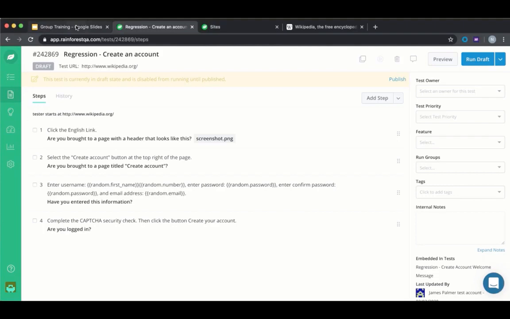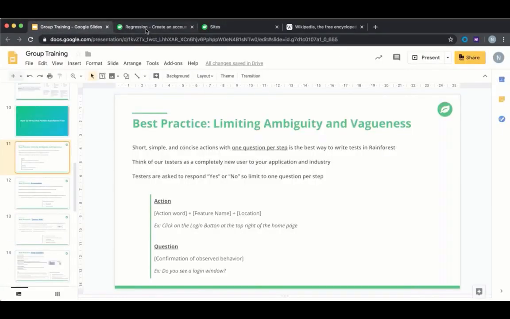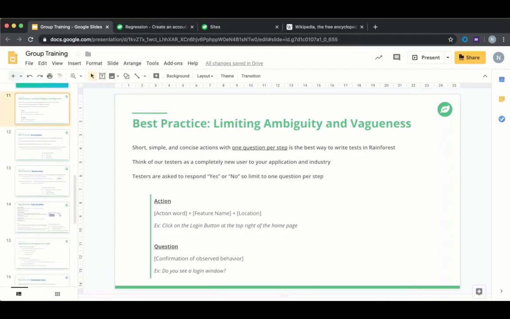So let me jump into some test writing best practices, and that'll help us understand better what we were looking at there in the test. So first best practice is to limit ambiguity and vagueness when writing test steps. Something to keep in mind is that our testers have probably never seen your application before, and so it's important to describe the things that you want them to do and see and verify in very objective and clear